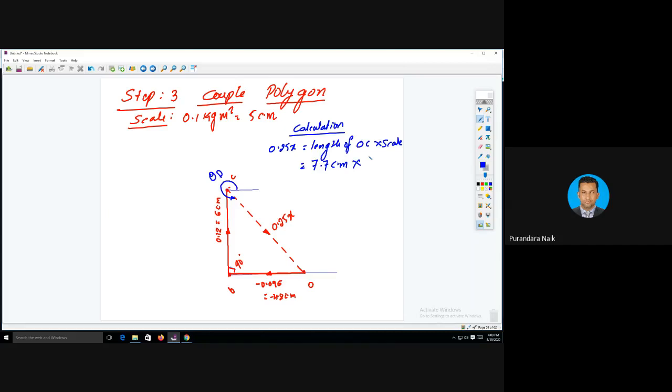What is the scale now? Scale is 1 by 5. That is 0.1 by 5, not 1.1 by 5, that is 0.1 by 5. 0.1 kg meter square is equal to 5 centimeter. So it is 0.1 by 5. This is very, very important. If you divide this by 0.1, 0.1 divided by 5 into 7.7, we will get